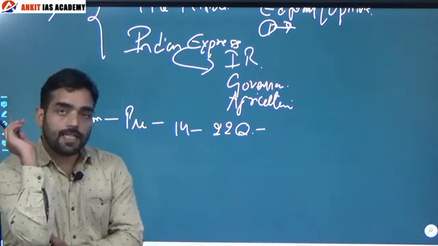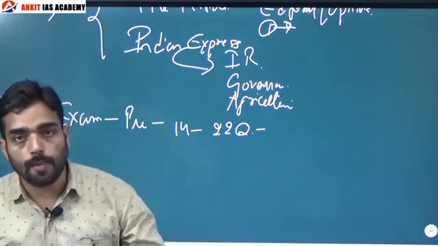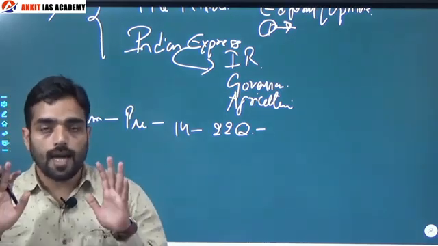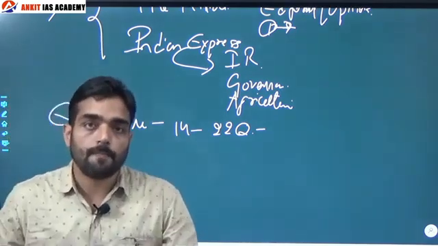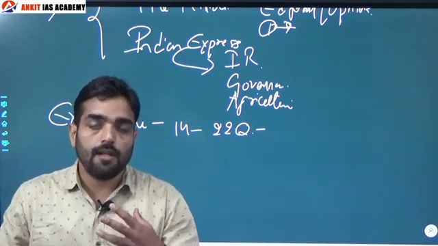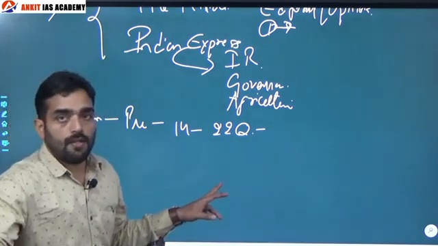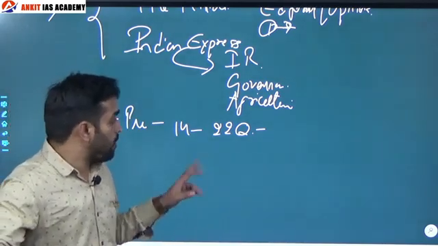The interesting part is that polity and constitution is perhaps the easiest part to understand in your entire GS syllabus. If you read it properly and give it time, then perhaps it will become the most scoring part in your pre-paper. And why? Because